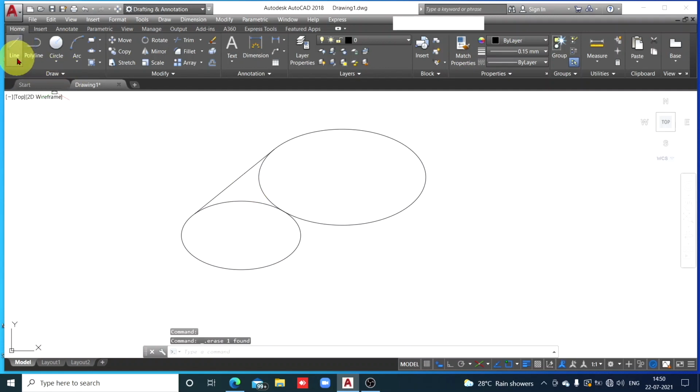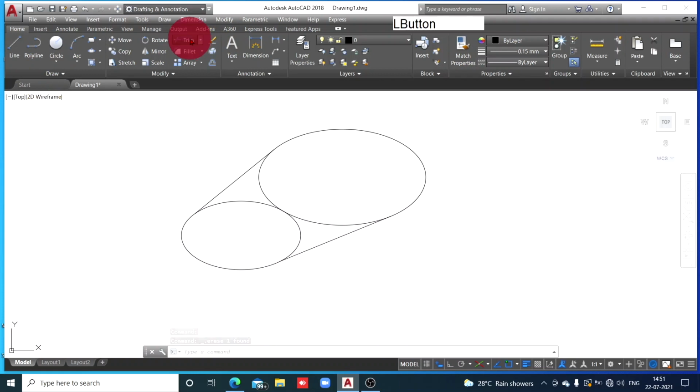Okay, once again listen. Line, tangent, enter, tangent to this circle, click on it, and then again tangent, enter to the bigger circle. Now again I have selected line, tangent, enter, and to the smaller circle I have clicked it, and then I have clicked on the bigger circle. So I got the correct tangent. Now remove the earlier tangent, delete. So the shape required is ready now.